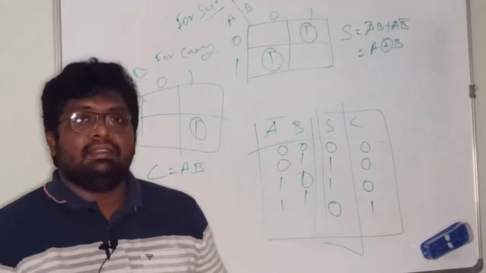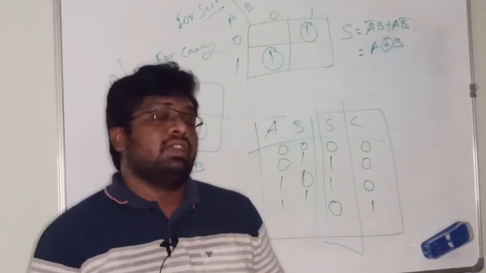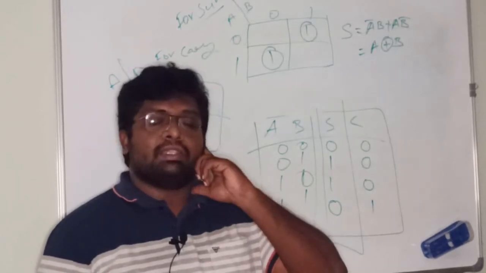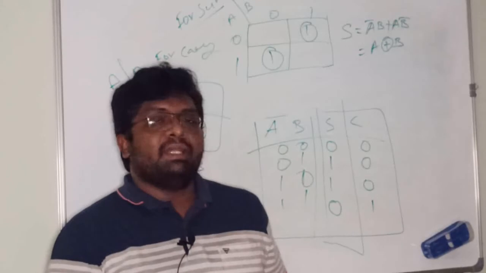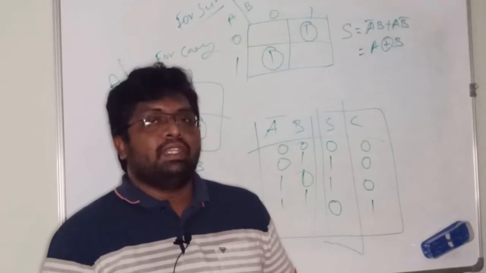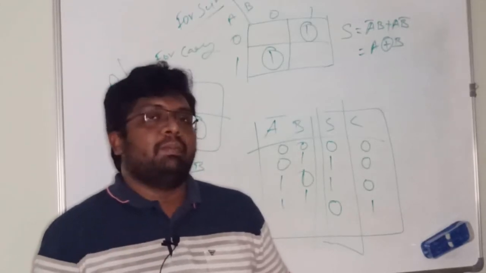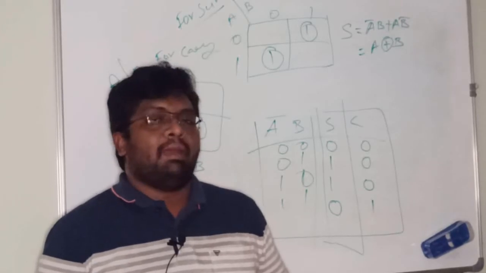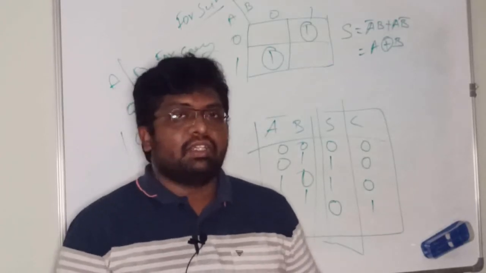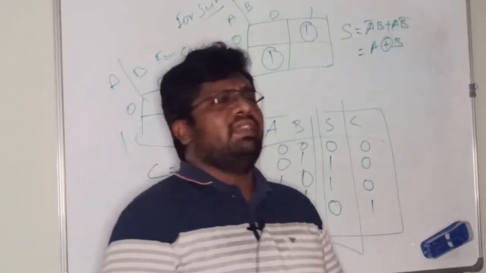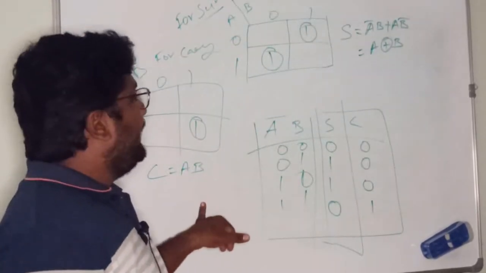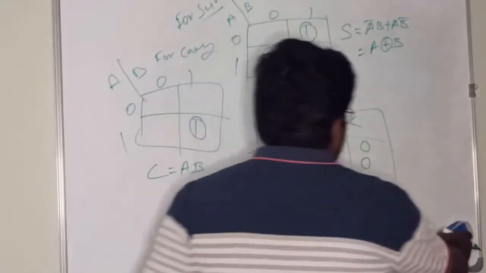As we have seen in the design procedure of a combinational logic circuit, the first step involved is that with the word problem we need to identify the inputs and the outputs, right? The next step is we need to draw the truth table, and the next one is to minimize the truth table by using the K-map, and finally we need to implement the circuit with the logic gates, right? So here we are having the outputs S and C, so now we need to implement the circuit with the logic gates.